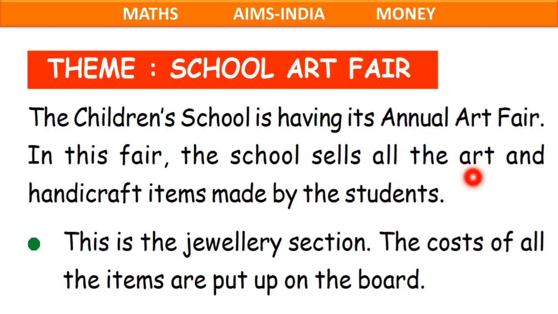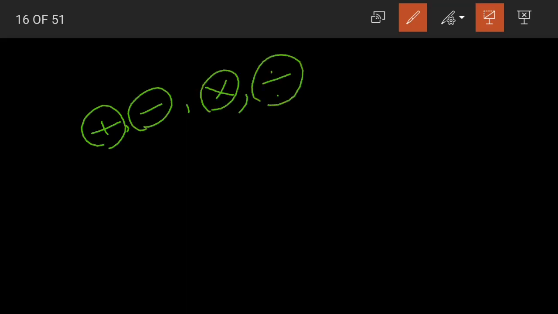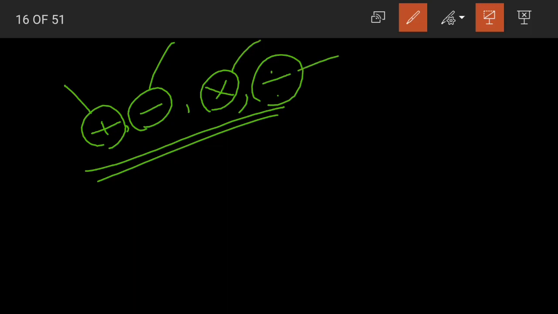Yes, in today's class let us look at performing different operations. What are the operations here? Yes, what are the four basic mathematical operations? Addition, subtraction, multiplication and division. Now how to add, subtract, multiply and divide money. Yes children, we use money in everyday life, right? Whatever we want to buy, or we want to eat, or we want to see a movie or something, we always deal with money. So it's important that we know how to add, subtract, multiply and divide money here.